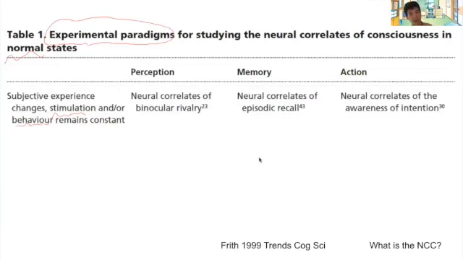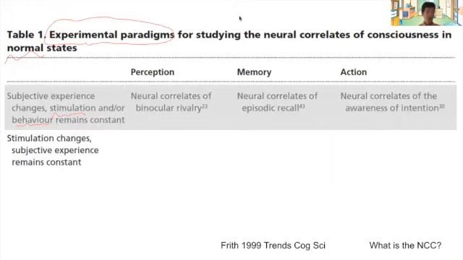possibility is this action: neural correlates of the awareness of intention. So here, you don't do anything. The stimulus and the behavior remain constant, but you just try to think about moving, okay? Recently, there was a very interesting study of intentional internal speech, time-locked with a countdown, like 5, 4, 3, 2, 1, and then you try to say something, but just internally. We can find the ERP evidence of internally time-locked speech, and the contents of that speech can be decoded to some extent as well. That's a very interesting paper.